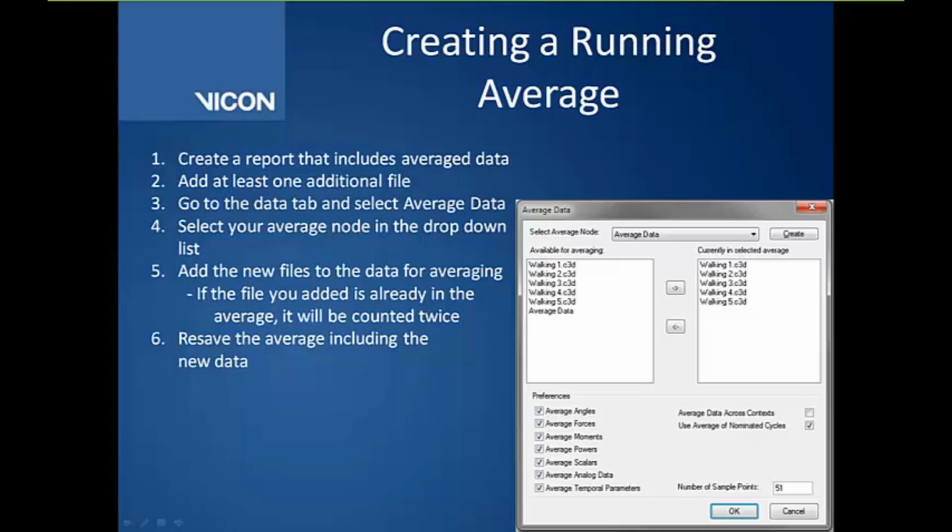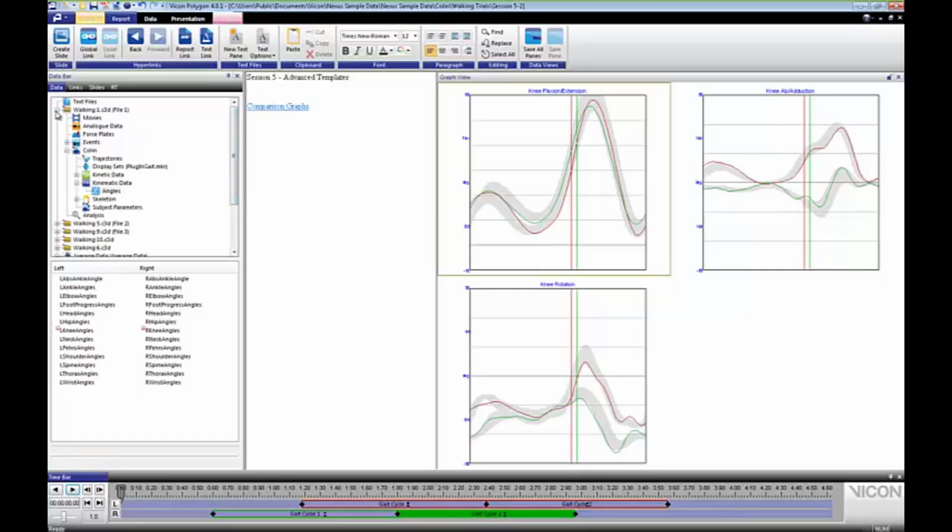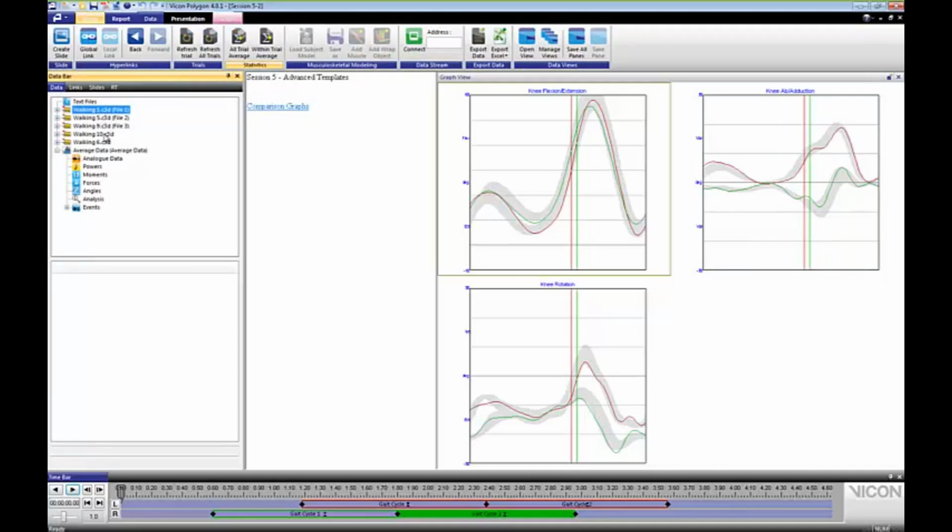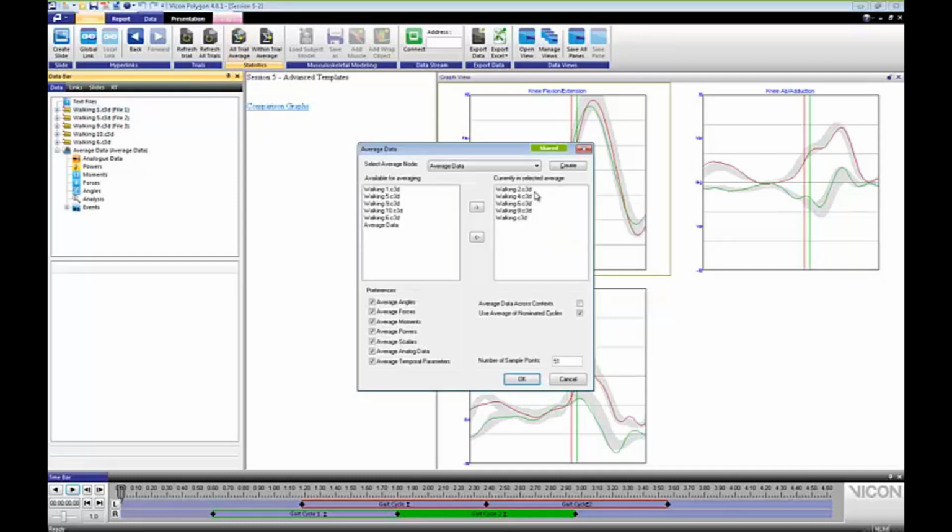So I'm going to go up and pull up our running average. And so right now what I've got is walking 1, 5, 9, 10, and 6, and our average data. These are new trials from the ones that we averaged last time. So I can go to our all trial average. Last time we had 2, 4, 6, 8, and walking. So now I'll add in walking 1,